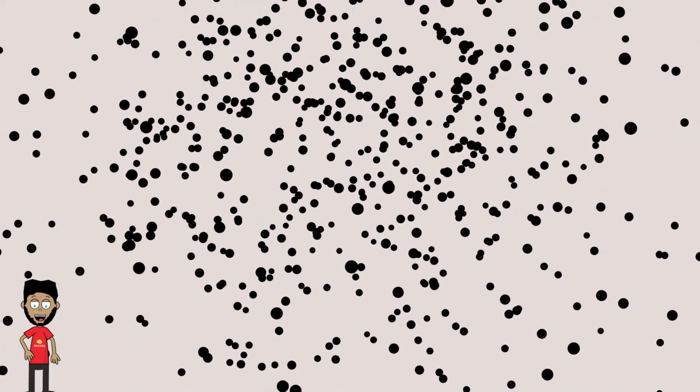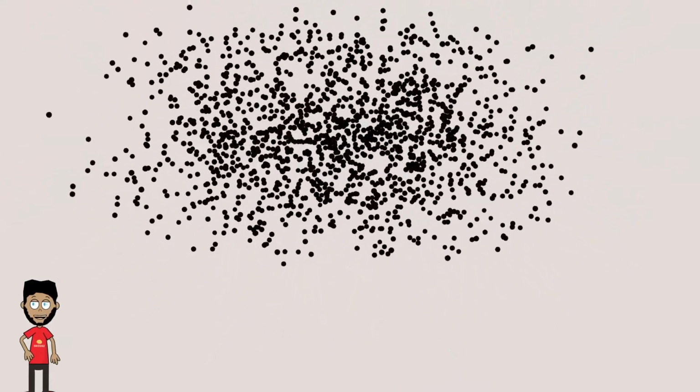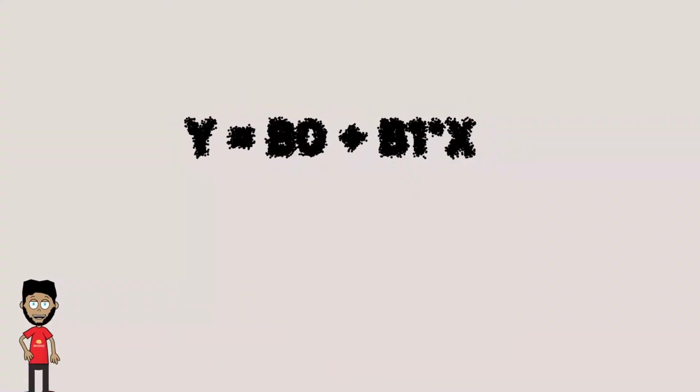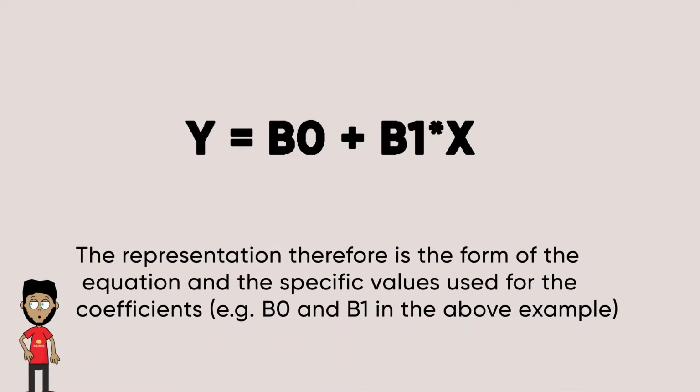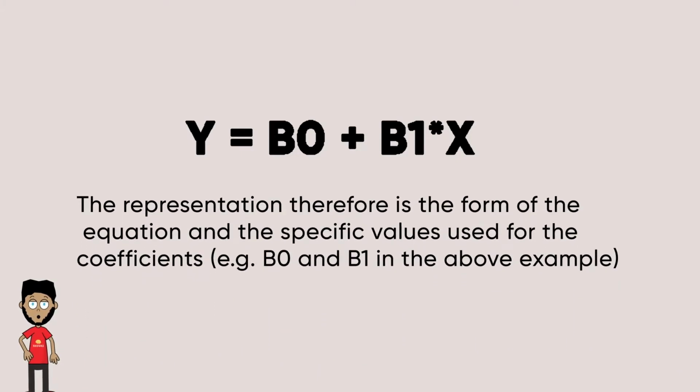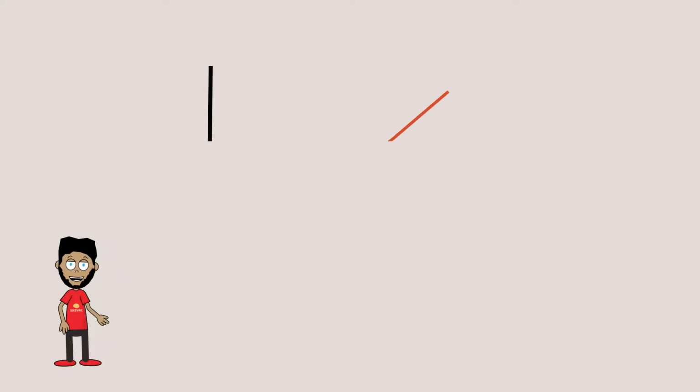A linear equation works on the line formula, which is y = mx + c, and we have the definite and indefinite variable here. Y is the definite variable and x is the indefinite variable. So in order to establish a relationship here, we use this formula, which has two coefficients, b0 and b1, and we use this equation to find our dependent variable.